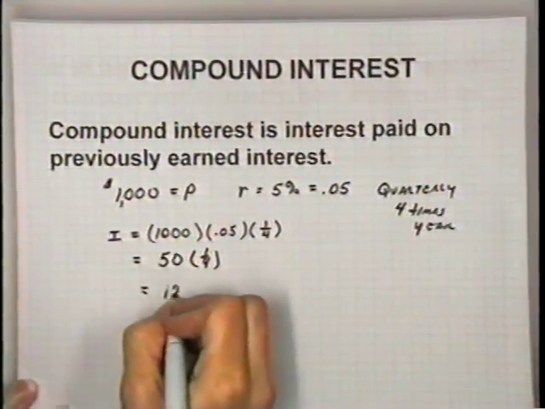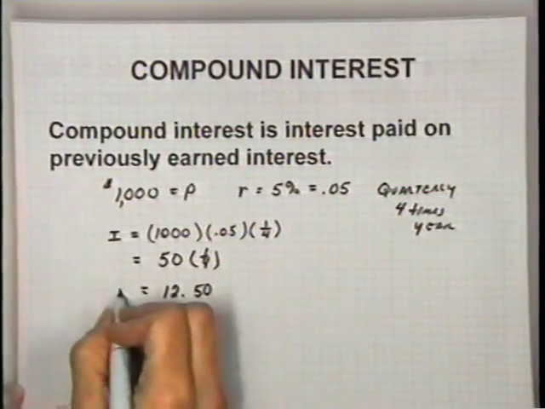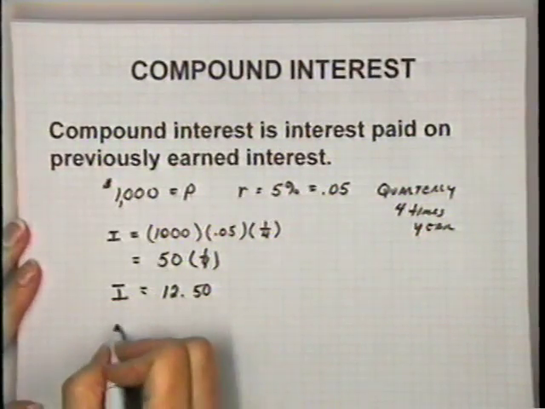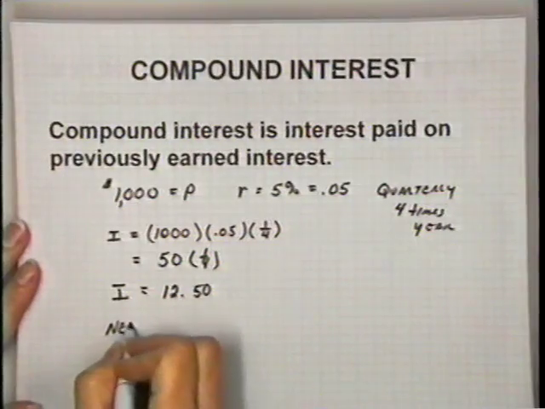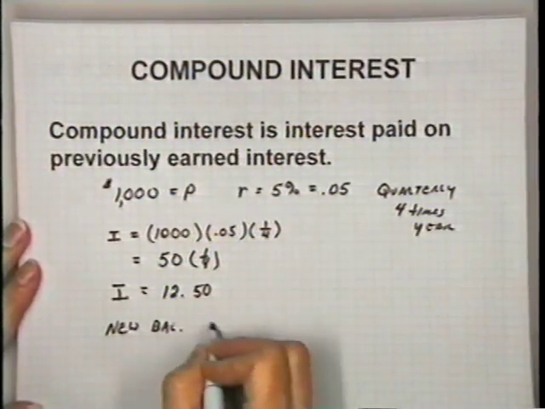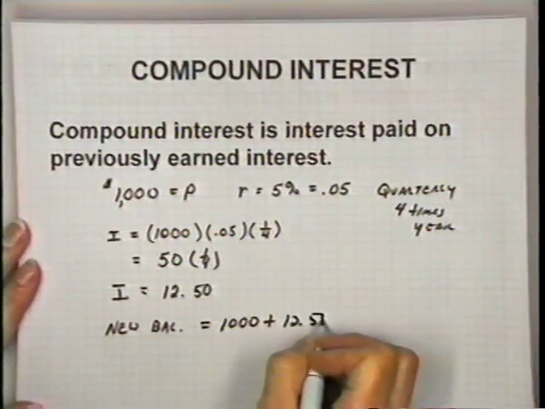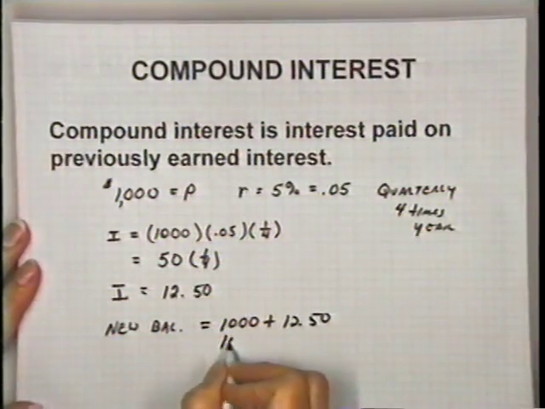And what I have here is $12.50. Now remember, this was interest. Now, if I leave that interest in my account, I will have a new balance in my account. My new balance will be my original $1,000 plus this $12.50, or it will be